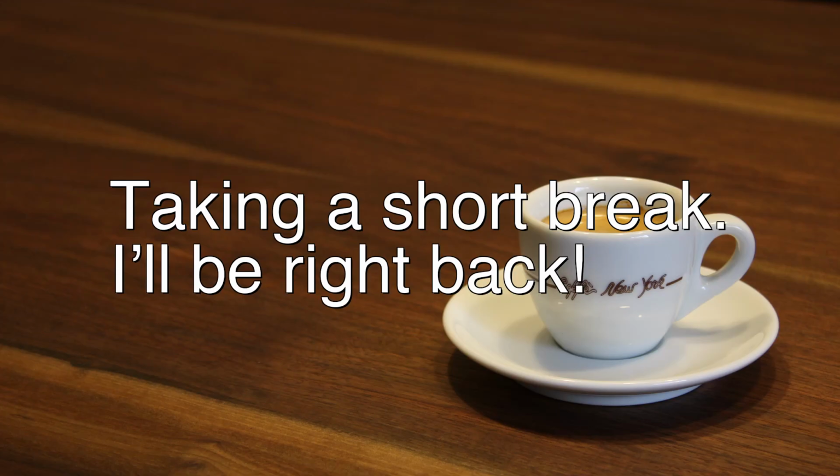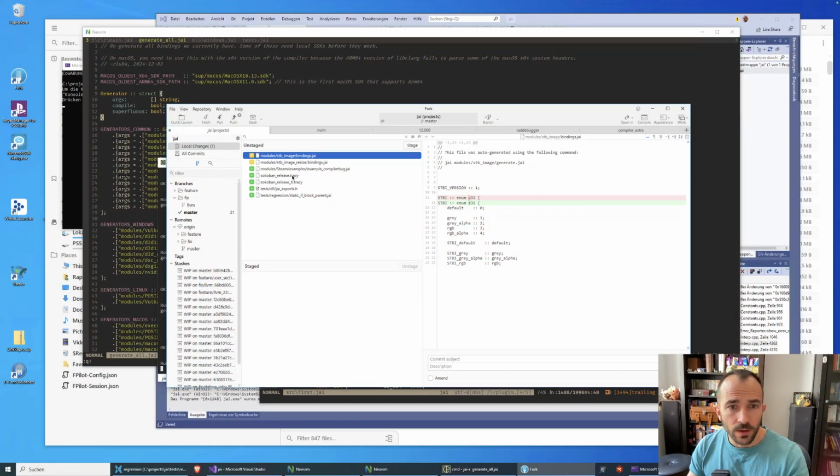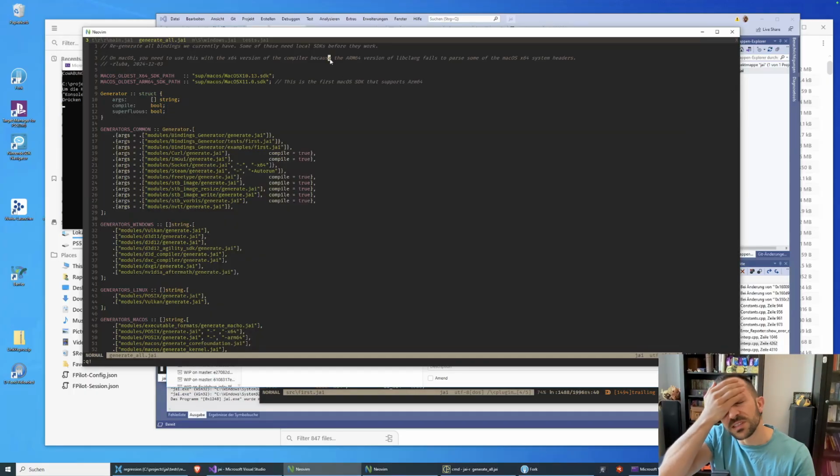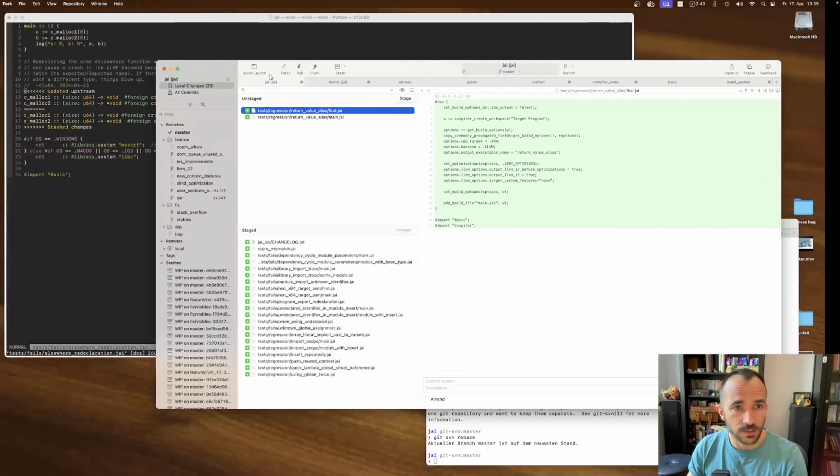Okay, now it's making progress, but now we do all the bindings generation that I wanted to do in the break, which is a shame. Okay, while this is running, we might... So we don't need this one anymore because we have a regression test for that. But we want to do the Steam change. Let's see what our run does. While this runs, it takes a couple of minutes to generate all the bindings nowadays, I think, especially on Windows, because just including Windows.h makes the bindings generator run slow.